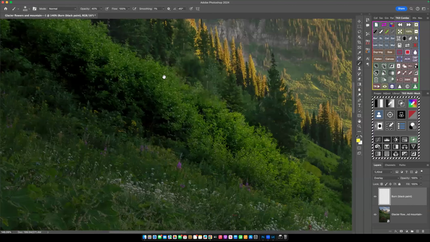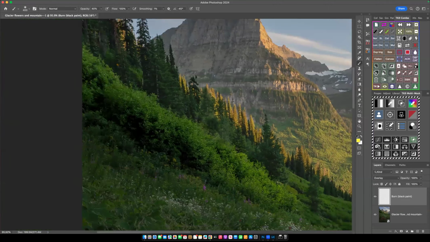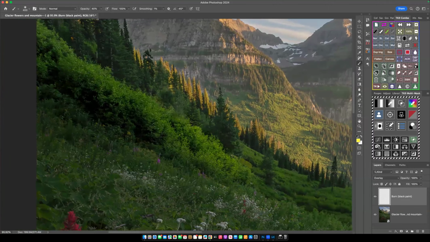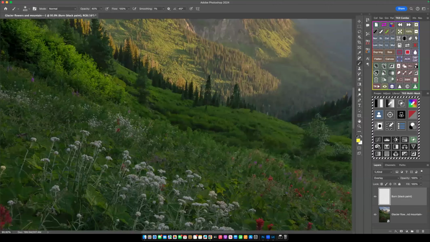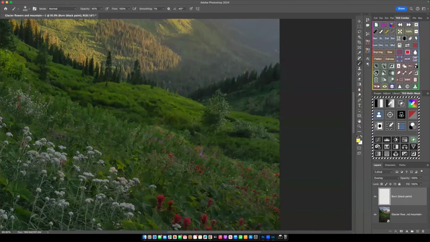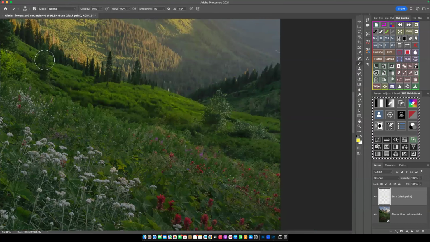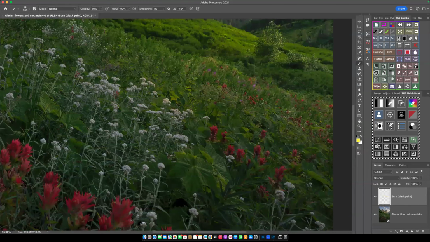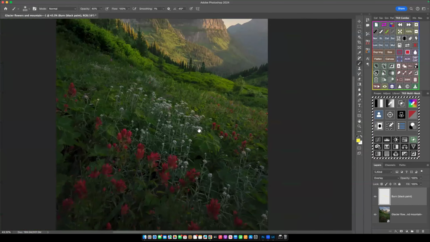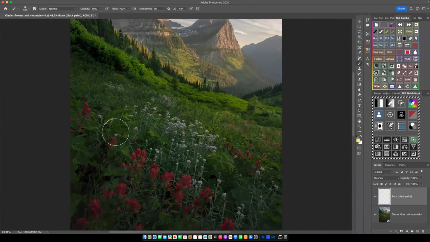So with some of these foliages that are already being hit with light, we can add a little extra to it. And I'm working fast and dirty here just for illustrative purposes, so it's not going to be the best job in the world. Honestly, you could just do big passes too if you wanted. But once you've done a little bit of that,